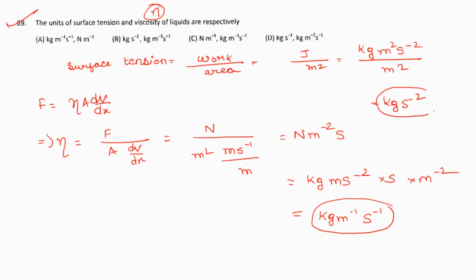So that's the answer. So I get my answer to be which one? kg s inverse is the option with s minus 2. This one and this. Now there's a shortcut. If you can do that in the exam, it is good. In these options, I have just found the unit of surface tension to be kg s minus 2. In none of the other options is there kg s minus 2, only this one option. So if you can be a bit smarter here, you don't need to solve this part. You have got this one, mark the option, move ahead, because the exam is of accuracy and speed.